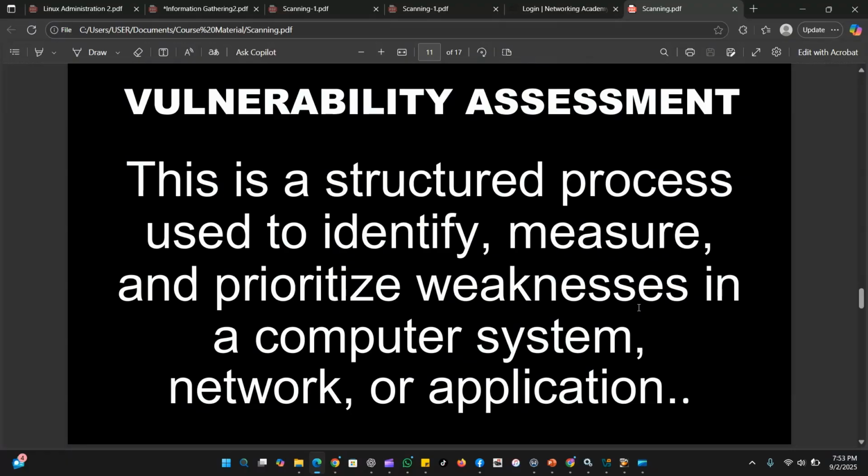Welcome. In this video, we are looking at vulnerability assessment. What is vulnerability assessment or vulnerability analysis? This is a structured process used to identify, measure, and prioritize weaknesses or flaws in a computer system, network, or